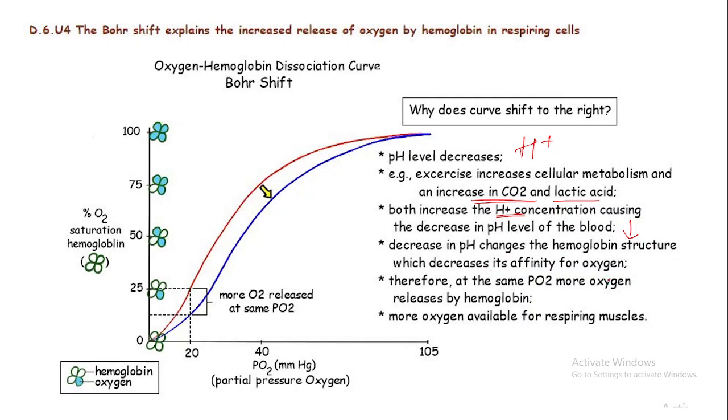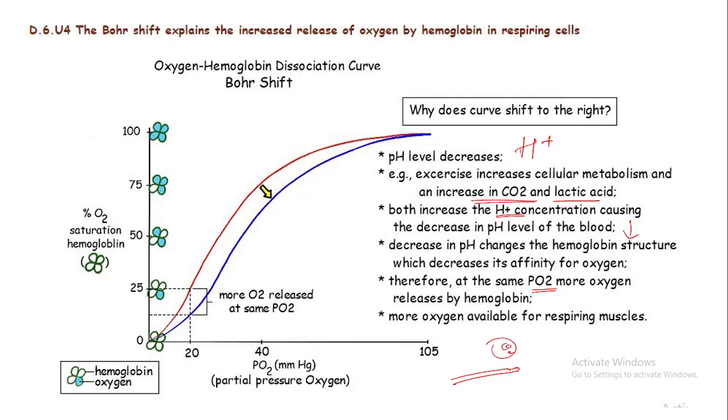So the hemoglobin structure changes. It is not going to accommodate oxygen anymore. Therefore, at the same partial pressure of oxygen, more oxygen is released by the hemoglobin. It is like the bloodstream is going somewhere, carrying oxygen. Here oxygen was actually not necessary, but due to over-exercise, more CO2 has been